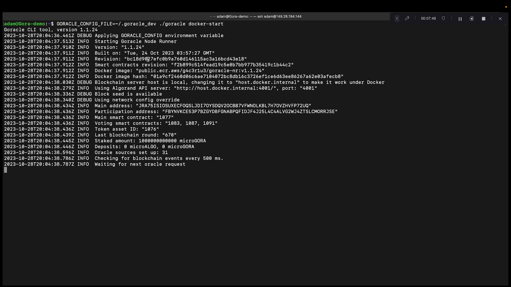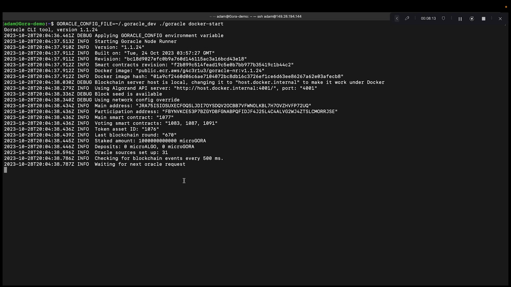Beautiful. So this is what you want to see, and we can see down here it is waiting for the next Oracle request. So we have our main smart contract 1077 and our token asset ID 1076. So we want to keep this up and running because I want to show visuals when it starts processing requests.